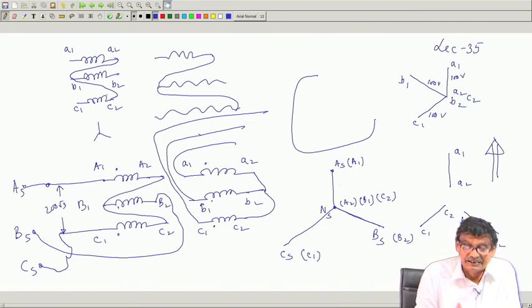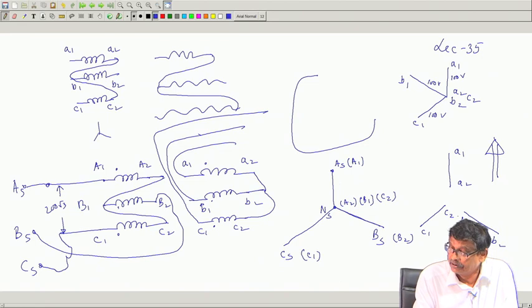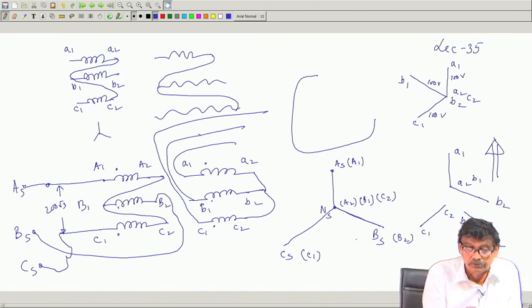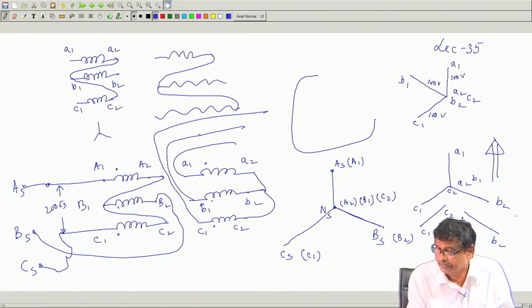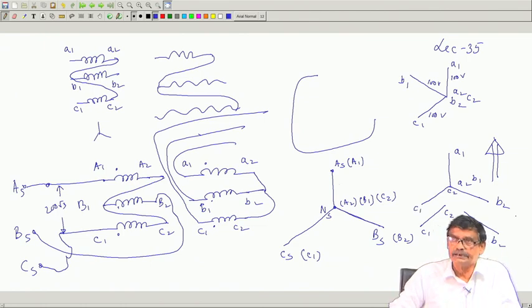Because if you connect like that, A2, B1 and C2 you have shorted. So, bring this phasor here, A2, B1 and C2, bring C2 there parallel to this, he will get a balanced 3-phase supply,